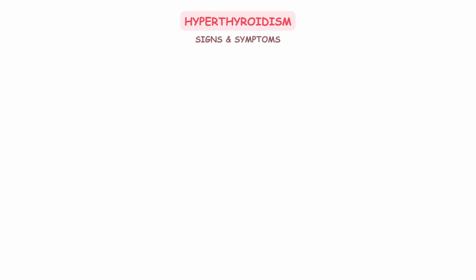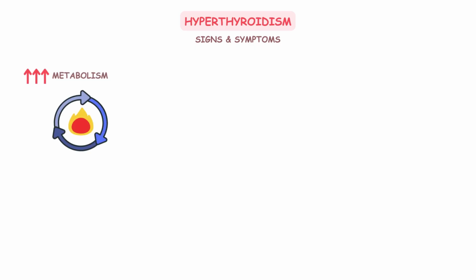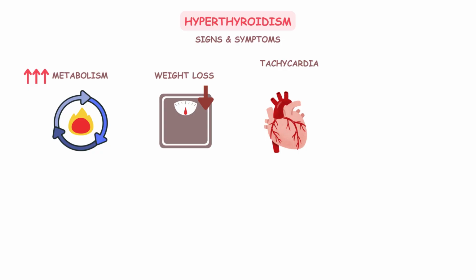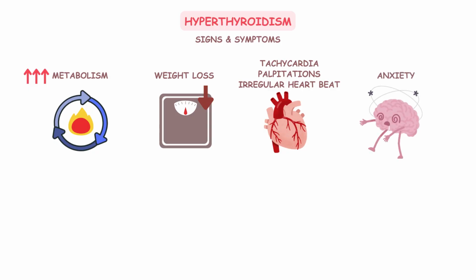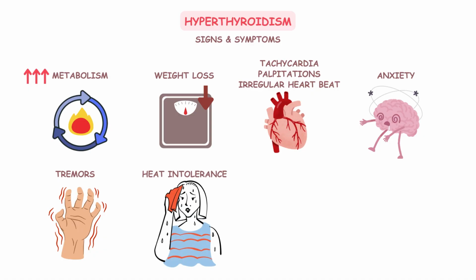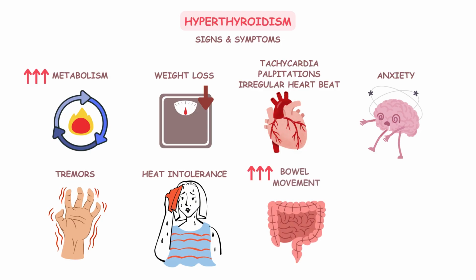The symptoms include increased metabolism, which leads to weight loss despite normal or increased appetite, then rapid heartbeat, tachycardia, palpitations or irregular heartbeat, then anxiety or irritability, tremors, usually in the hands, excessive sweating or heat intolerance, frequent bowel movements